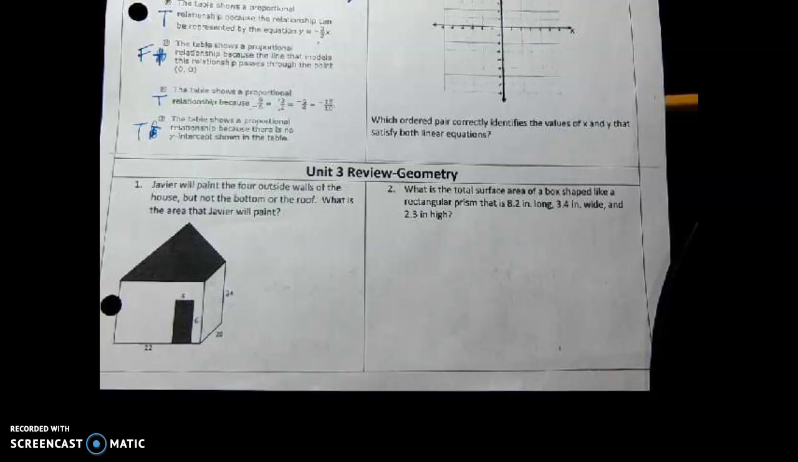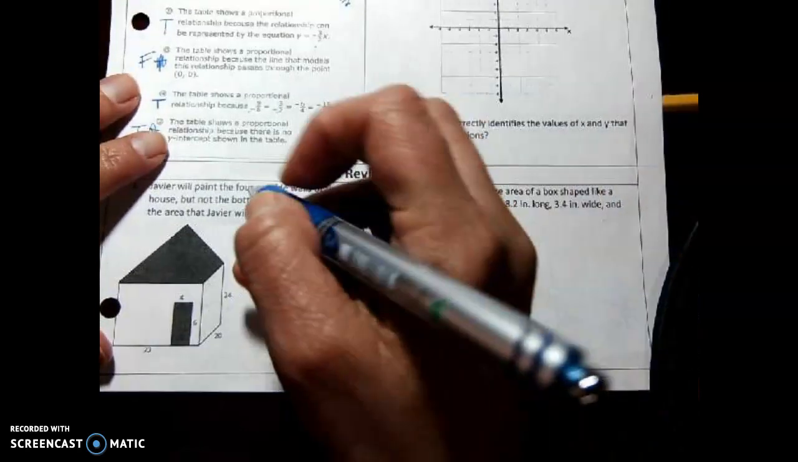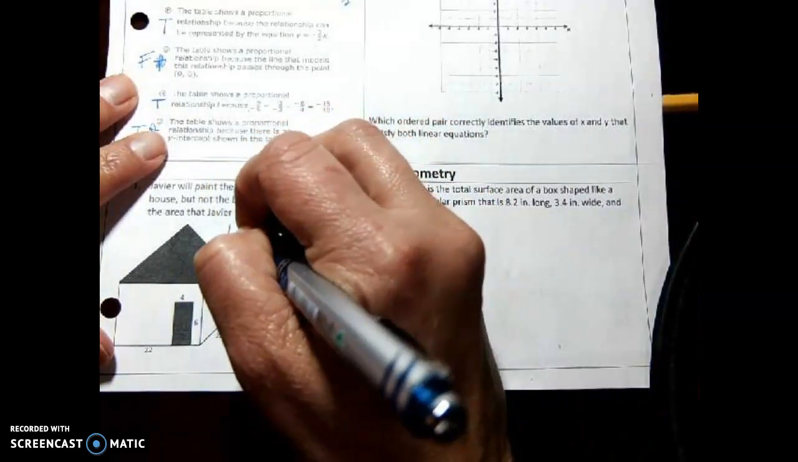Next question: Javier will paint the 4 outside walls of the house, but not the bottom or the roof. What is the area that Javier will paint? Okay, so this is either going to be lateral or total surface area. But it says that we'll paint the 4 outside walls, but not the bottom or the roof. So that's going to be lateral surface area,